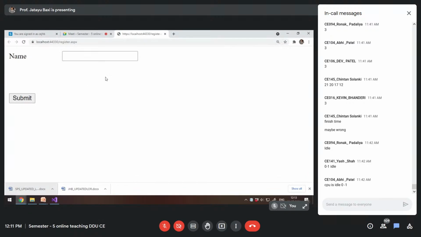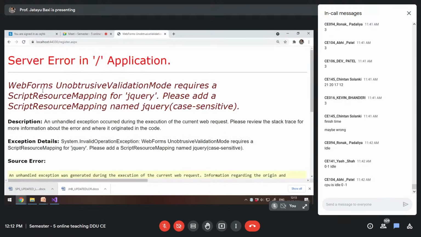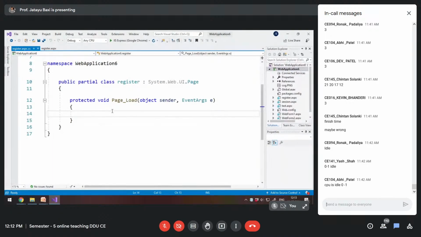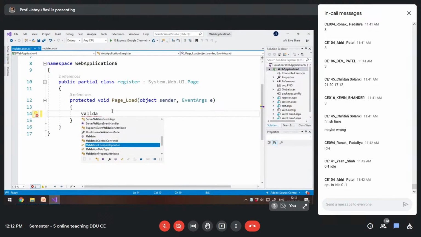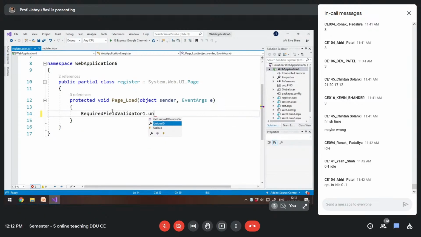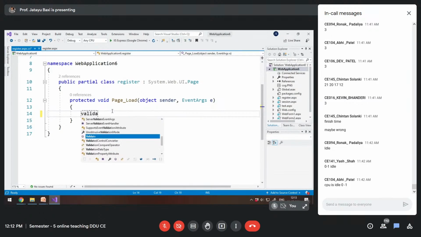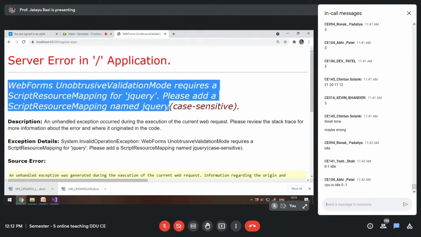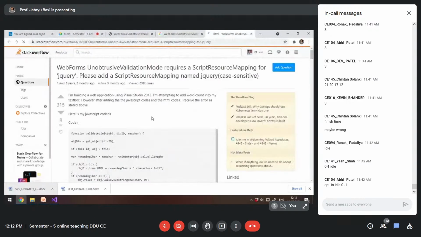So if I don't write anything and press submit, there is one line that I have to write in the page load, which I have missed.